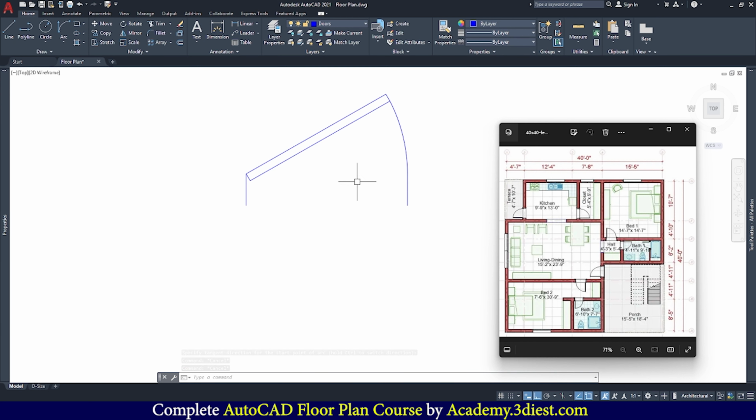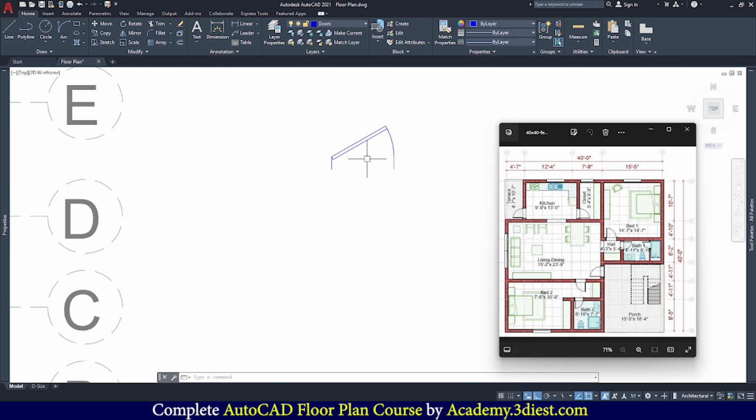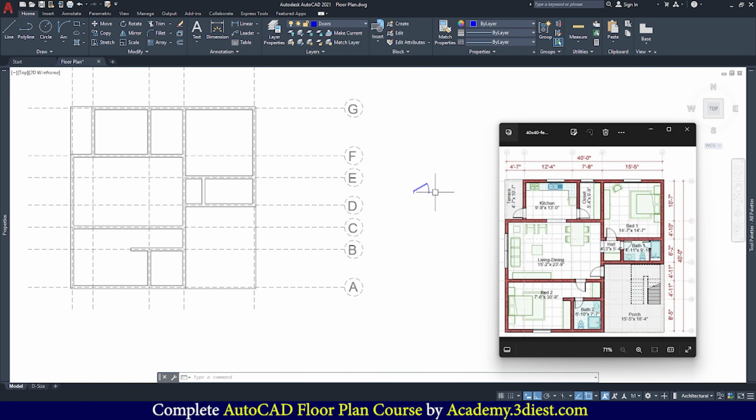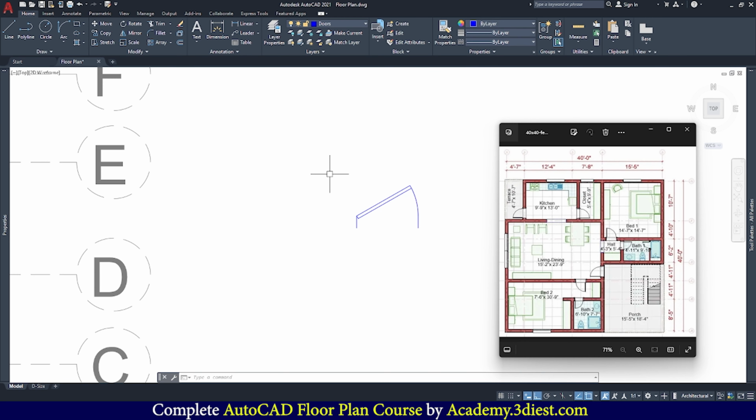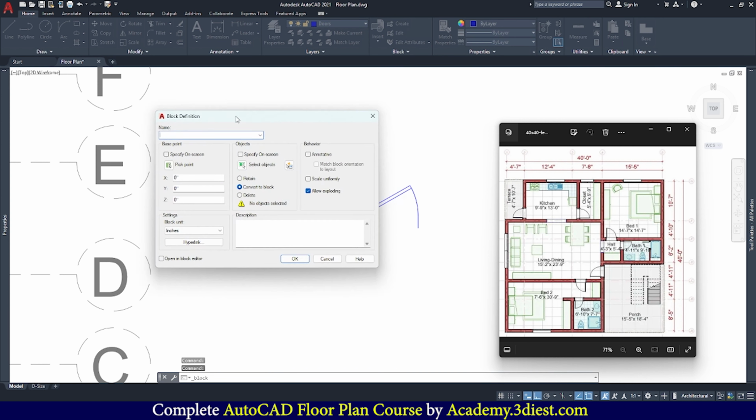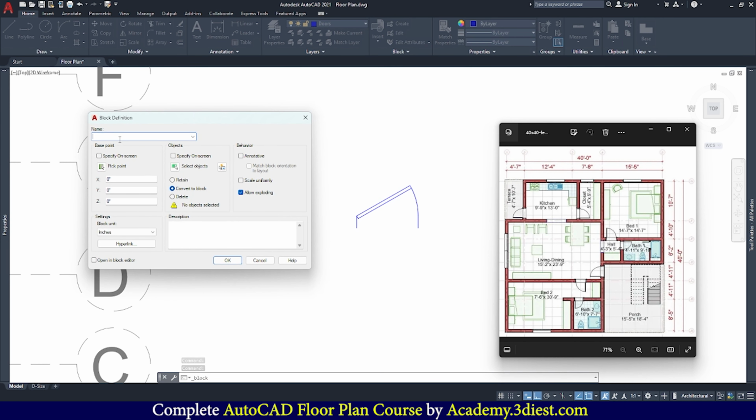Now I am not going to use this door in my drawing yet, because before we start inserting this door onto my floor plan, I want to make sure that I have created a block of this door. So to create a block, I will simply go to the insert panel. Here you can see this block panel, and we'll click on create block. A new window will pop up, and you can see the first thing I will specify is the name of this door. I will just write door,